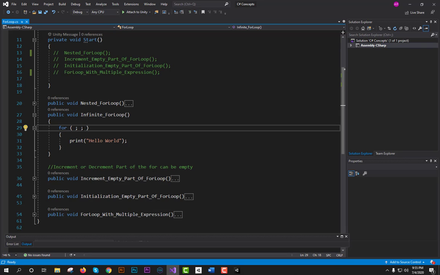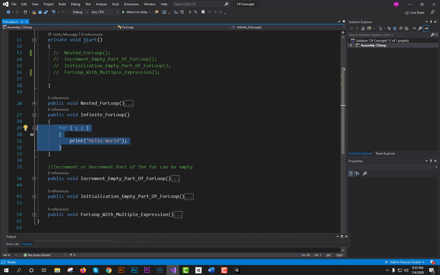The reason for an infinite loop is that if you do not specify the condition to false, then this loop will run infinitely and this will get your application stuck.